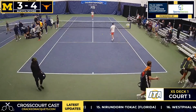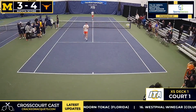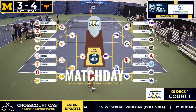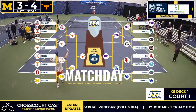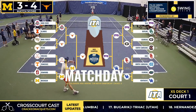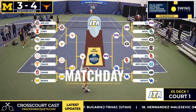Mike, again, we always like to ask, did you learn more about Michigan or Texas in a match like today? The answer is unequivocally, we learned the Texas Longhorns, they ain't going anywhere this year. Well, I think it's also going to be a learning moment, no doubt, for Michigan. They had break leads in all 6 first sets, including Gavin Young with a 2 break lead, serving for it multiple times. And listen,